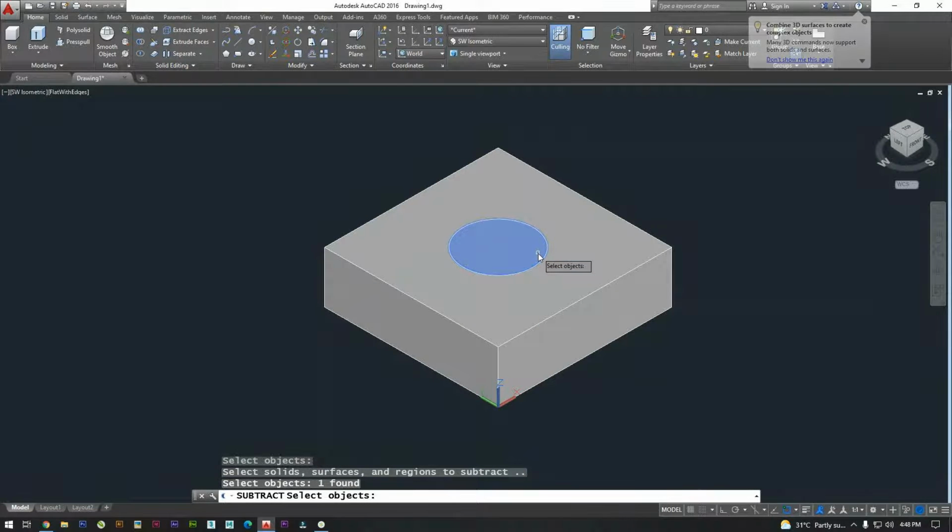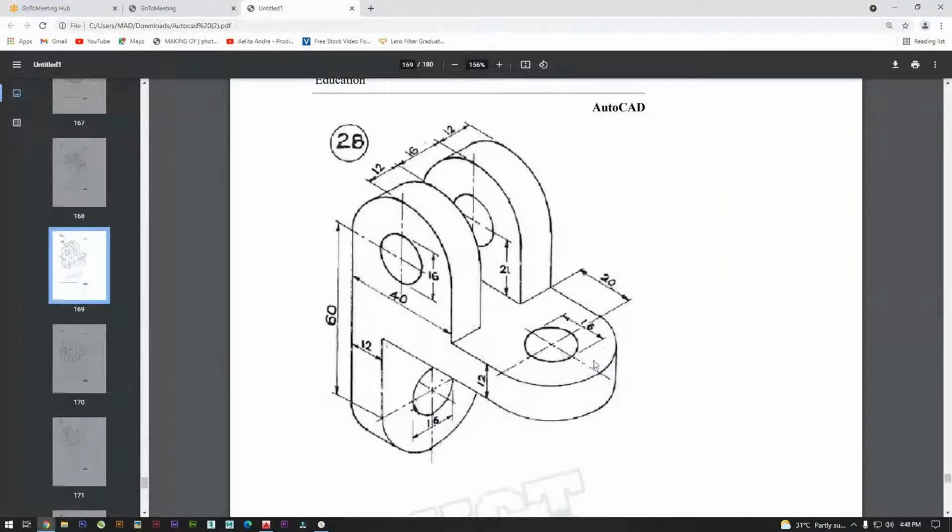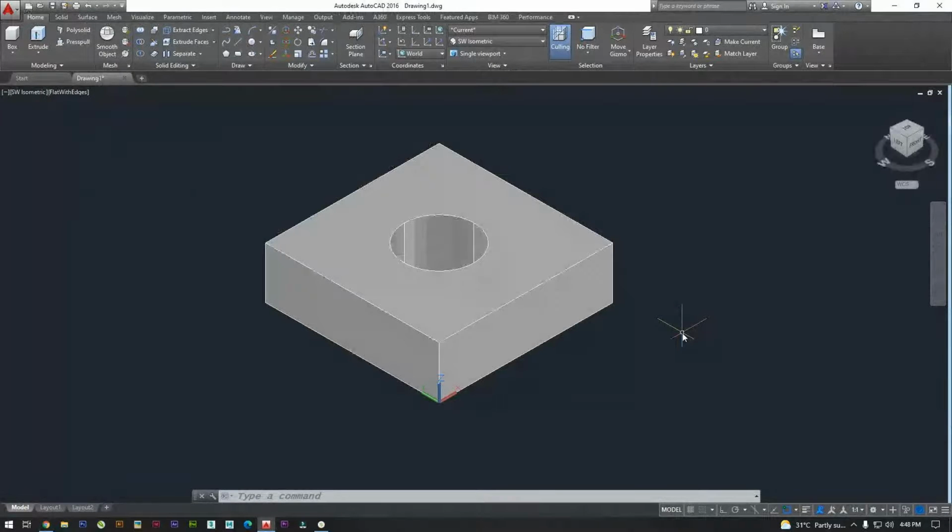Now, the next part of this. We need a curve like this. What is the command? Fillet.